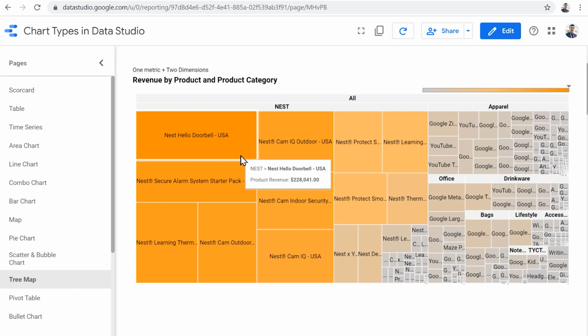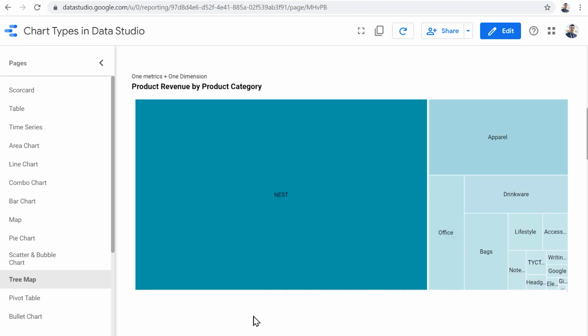But as you can see, this is too complicated. There are so many categories. A good practice for using tree maps is to use a dimension that has fewer categories in it. Like here that I've just applied product category. So we can immediately see that Nest as a category has the largest amount of revenue across all different categories